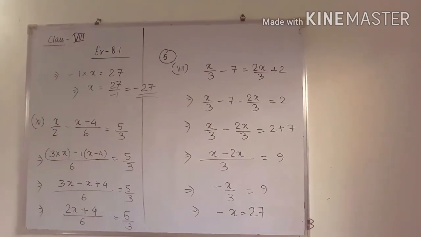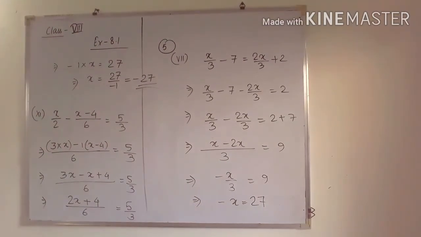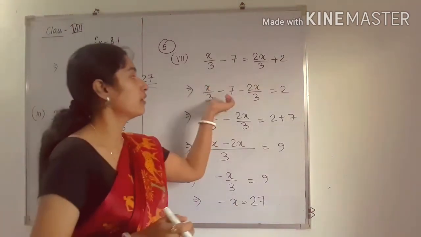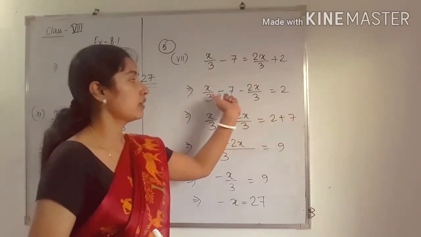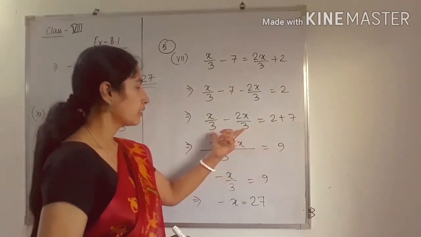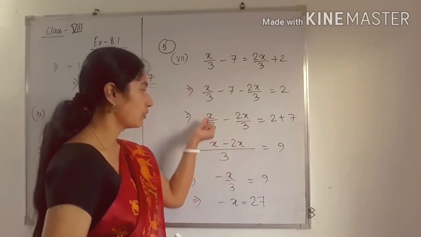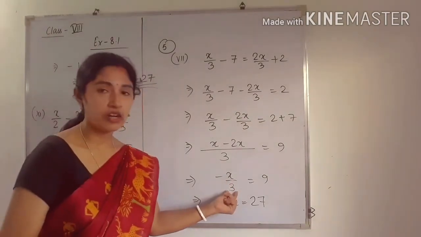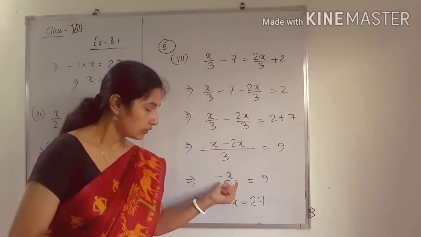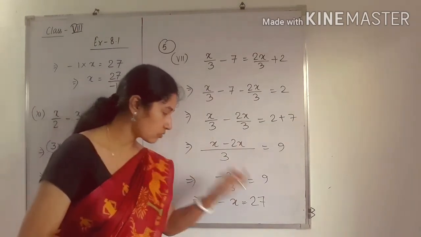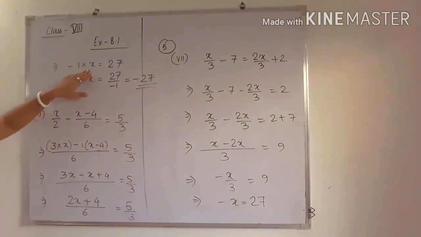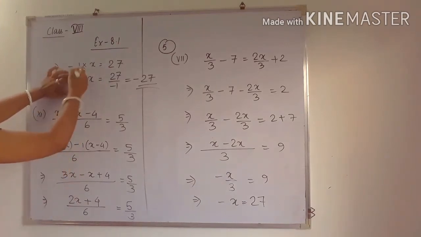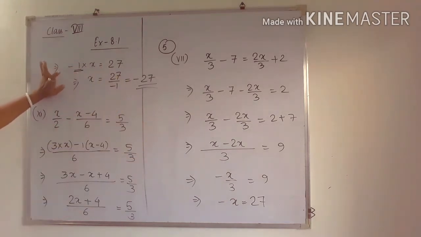This is question number 5, 7. x by 3 minus 7 is equal to 2x by 3 plus 2. So you have to collect the like terms. So you have to take this x term here and minus 7 to the right hand side. It will be added to 2. So this will be 9. Here you can take 3 as LCM. So the numerator will be x minus 2x. This will be minus x by 3 equal to 9. Next, 3 is divided here. When you transpose this 3 to that side, it will get multiplied. So this will be 27. So minus x is equal to 27. The meaning of this is minus 1 into x is equal to 27. So if you transpose minus 1 to that side, it will get divided, and the answer is minus 27.